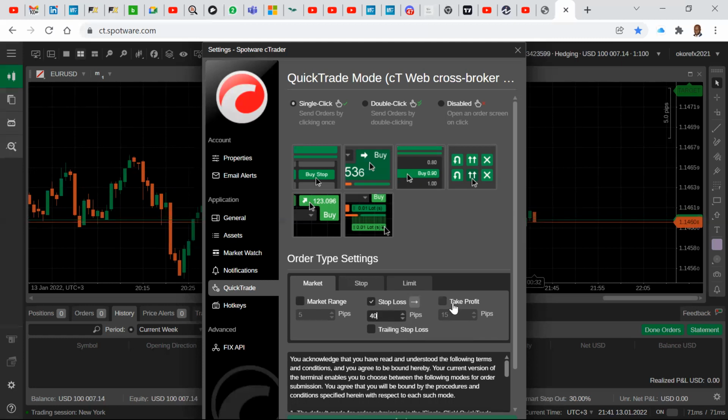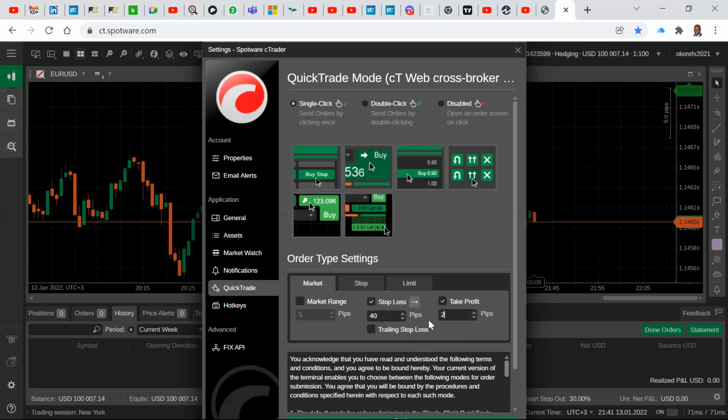All right, and then profit, this is take profit. Now, only in scalping do we do this, where the stop loss is more than the take profit. So for take profit, for now, I only want you to go for 2 pips. Well, you might argue, why should we go for 2 pips when we are risking 40?